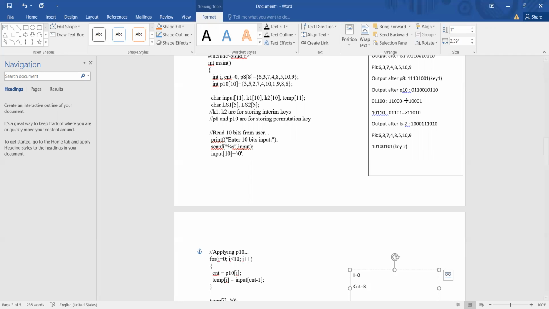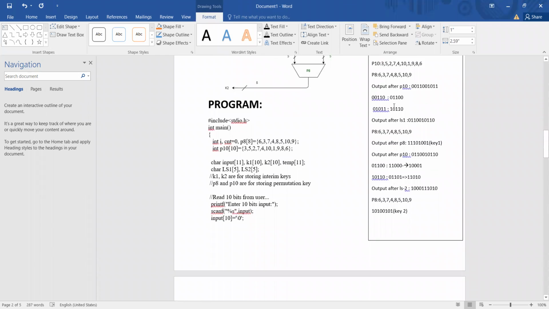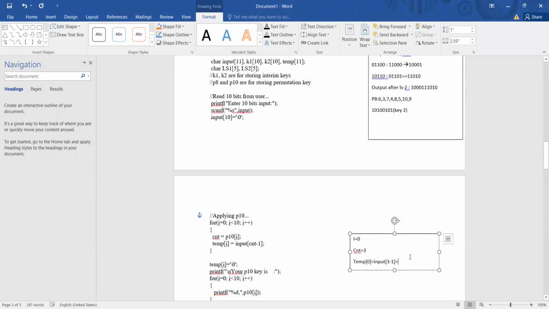And next, temp of i, meaning temp of 0, is stored with input of 3 minus 1, that is input of 2. We have to check whether input of 2 is input of 0, input of 1, input of 2 is 0. So like that we are going till the